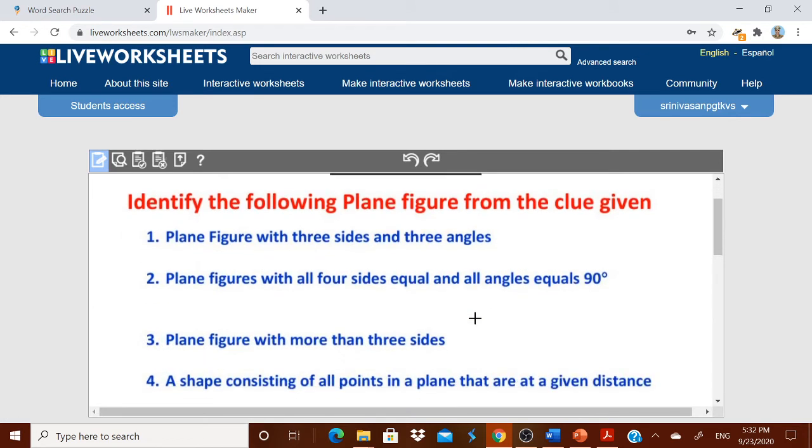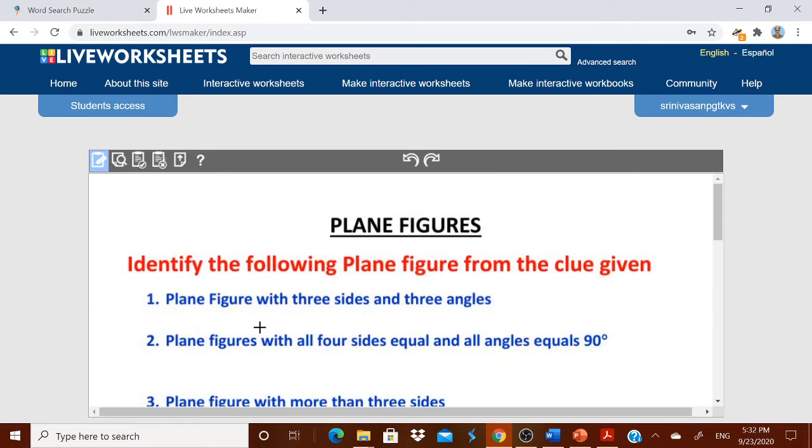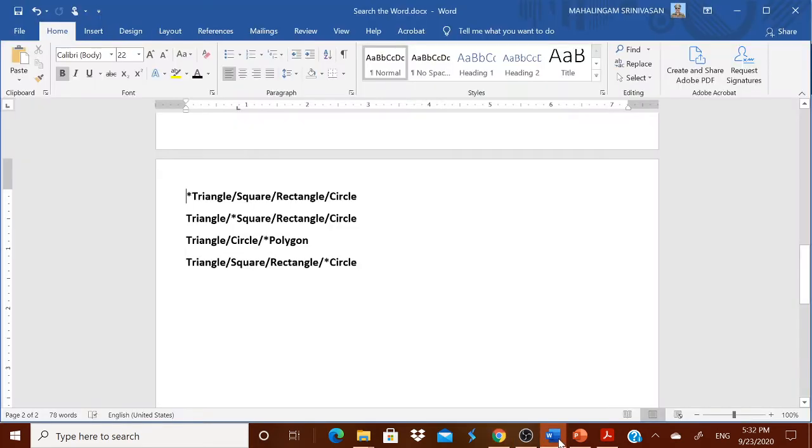Now I want to just ask the answers for this. I think all of you know that the better way to get the perfect answer is the drop down. How to get the drop down? Already I have typed the answers now. The correct answer, all the options separated by slashes. Before the correct answer, you have to put a star. I have put a star.